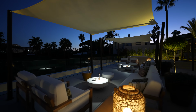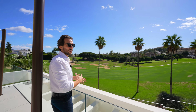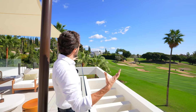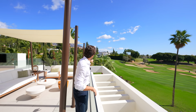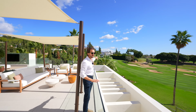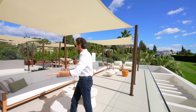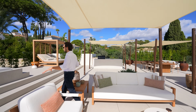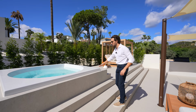Watch the golfers just there. I mean, the opening here is just unparalleled, I have to say. It is so scenic and it's so yummy. Maybe that's the best word to say. And no one is ever going to build a house to your left because it is a protected area. Here, like I said, we have the shaded through the sails lounge area, and of course, just here, a whirlpool